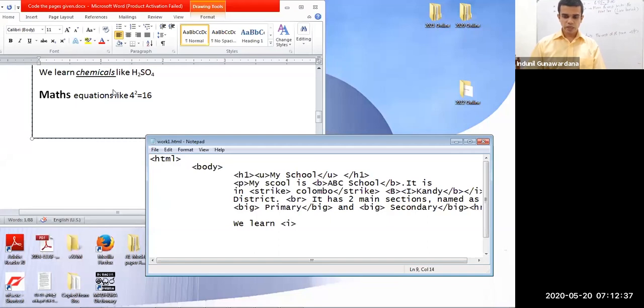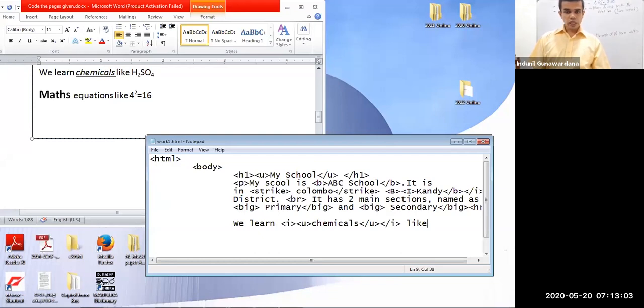In starting, you can start them in any order. First, you can start from underline, then you can go for italic. But when closing, be careful to follow the order. Then I write it as chemicals. Now, since I opened them in this order, first I have to close underlining, and then I close italic. Chemicals like,